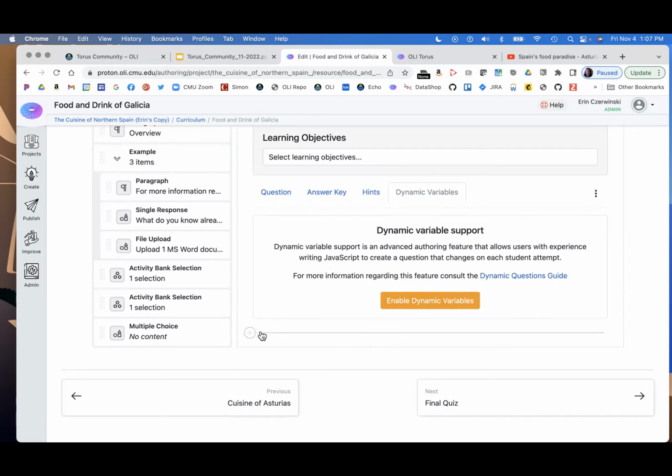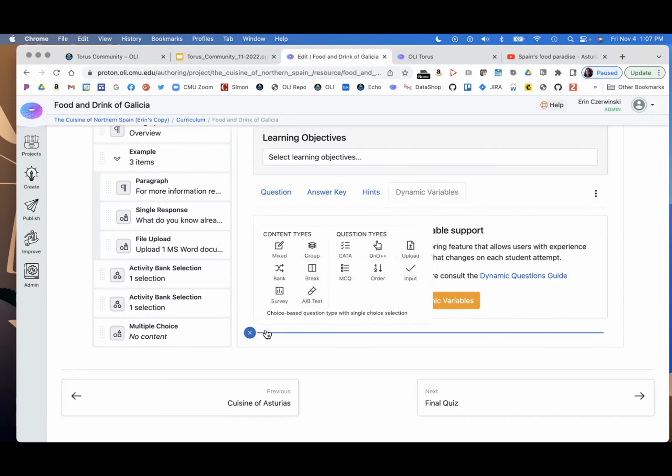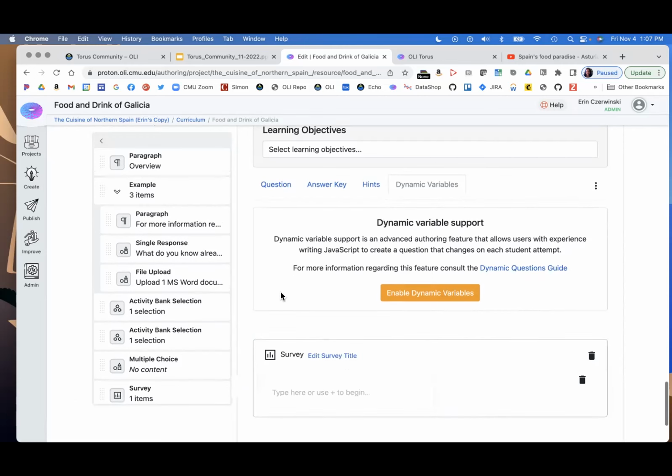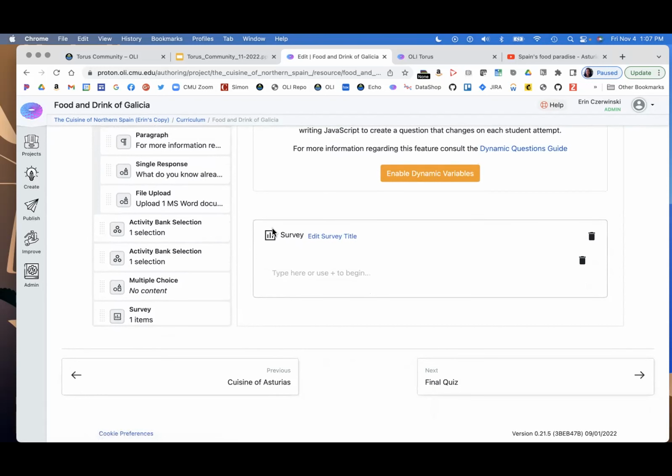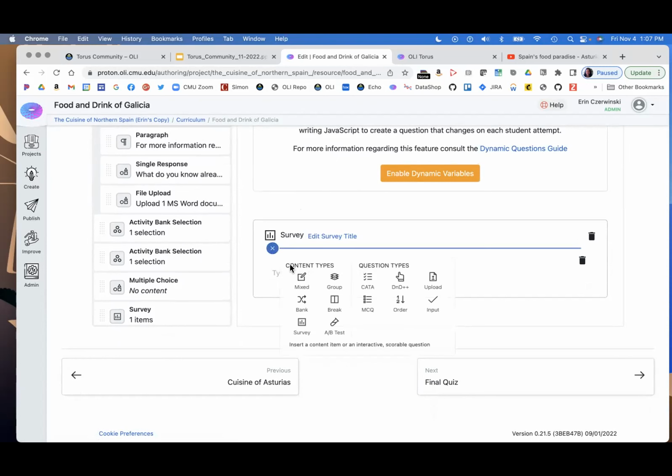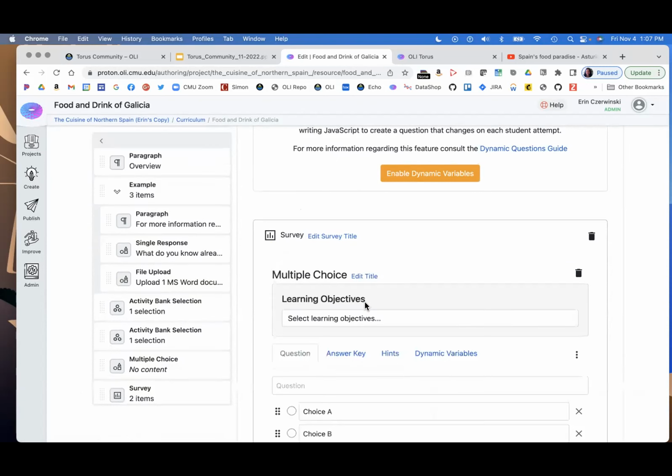I also wanted to highlight something that I don't know if folks have seen before, but the ability to do surveys. When you add this survey block anywhere in the course, you have the ability then to add any type of question to it. It could be multiple choice. It could be